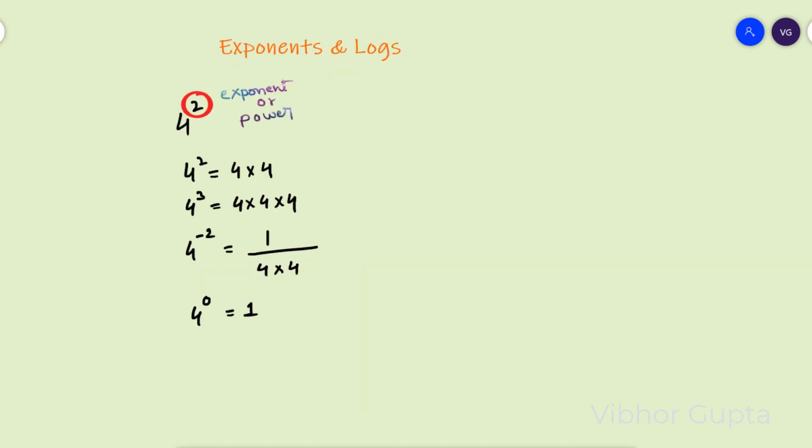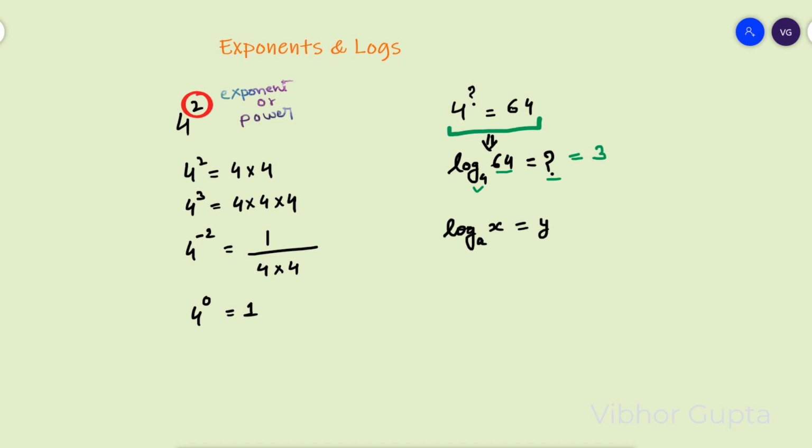Now let's say that you have this scenario. So I'll say 4 to the power, I don't know what the exponent is, but I need the output to be 64. Okay, you need to find out the exponent or power, right? For this, I can say log of 64 on base 4. Now I can write this like this, which means which value of the exponent of 4 will give us 64. Okay, so the output would be 3, right? So I can say log x on base a is y. Then it means a to the power y equals x, right?